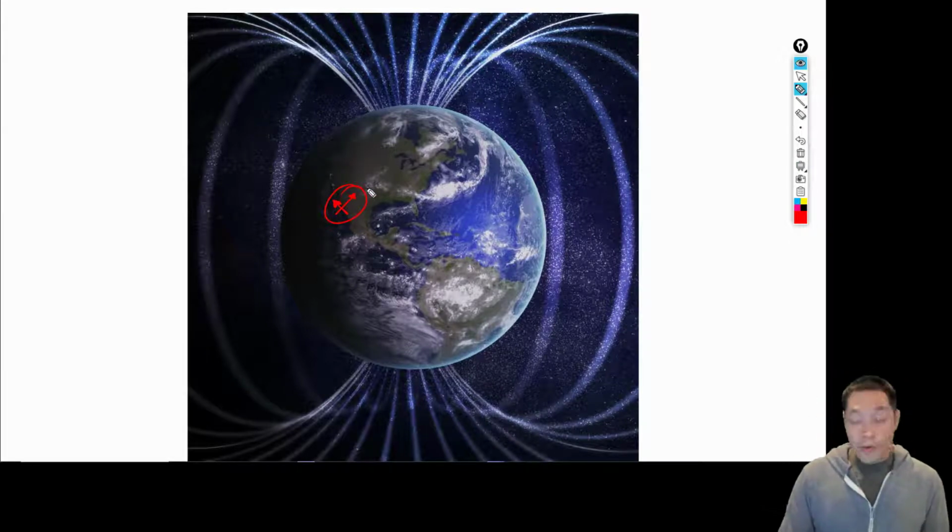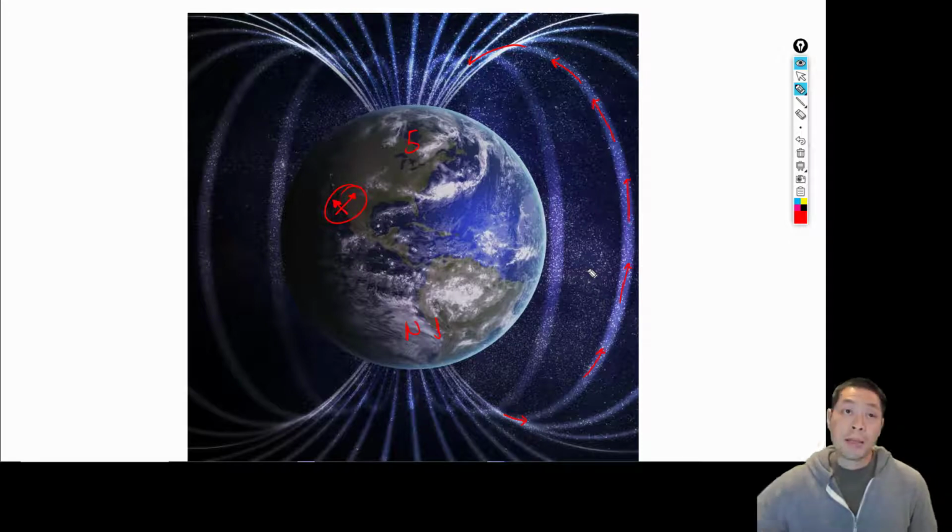Now, another useful fact is, as we're doing this, we'll notice that if we put the compass here, it's going to be pointing down. If you put it here, it'll be pointing out. So this compass is going to follow the magnetic field line direction. But the arrows are always going to point to the North Pole, and the arrows are always going to come out of the south. But remember, this is the south side of a magnet, this is the north side of a magnet. So if we go back to that picture,